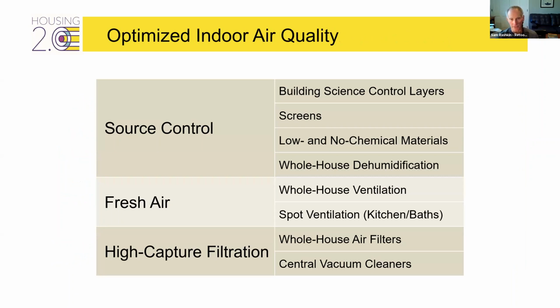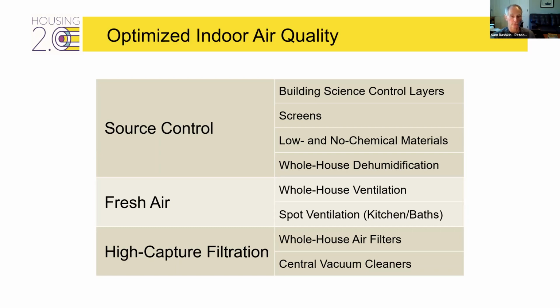Again, I always like to make it simple. It's not hard. Keep the bad stuff out with source control. The control layers are really important that we did in building science as a first step. There's a freebie. They help manage source control, dust, pollen, molds from getting inside the home, screens to keep out pests, low and no chemical materials in the home, and whole house dehumidification for moisture that can lead to mold. And it's basic. Fresh air, whole house ventilation, and then spot ventilation for kitchens and bathrooms, and then high capture